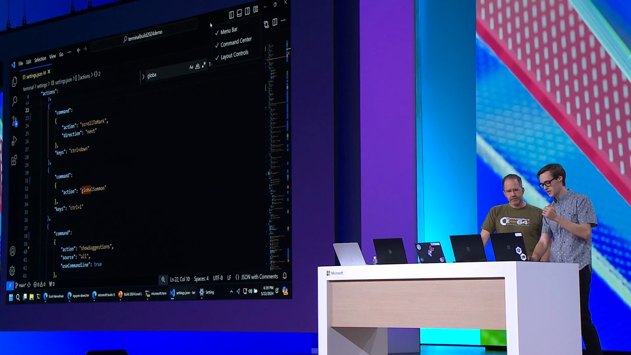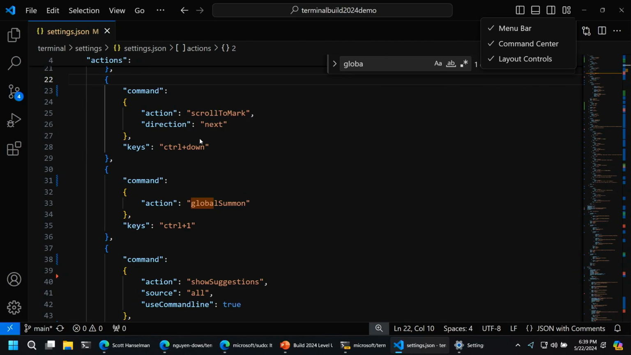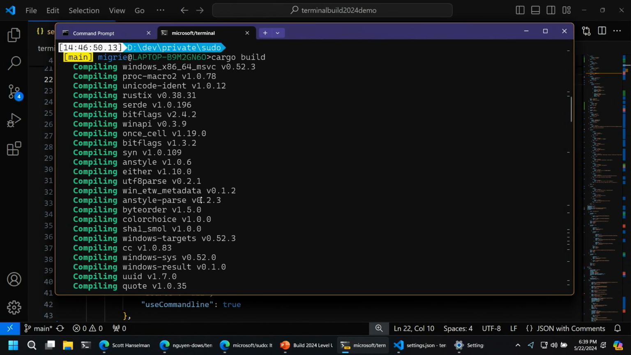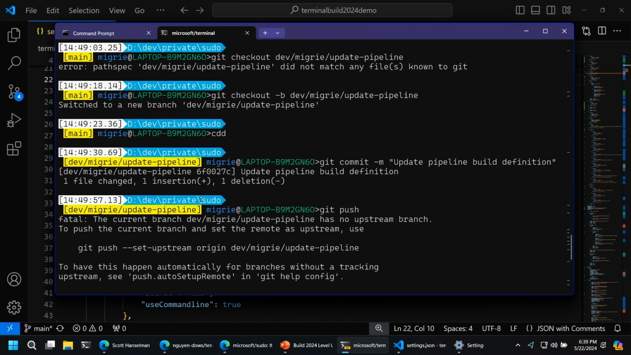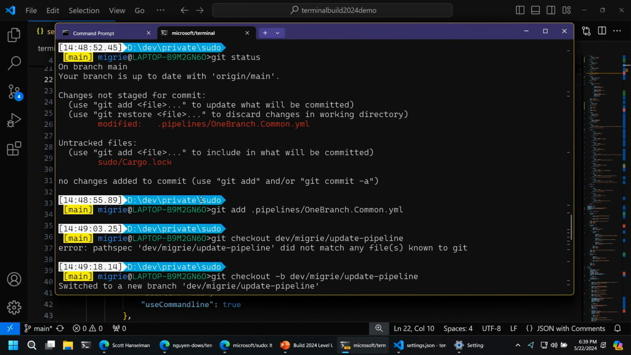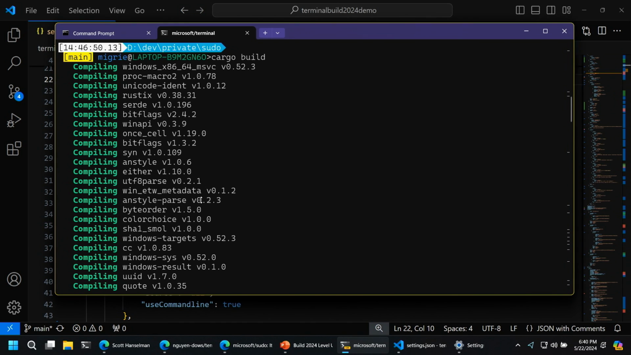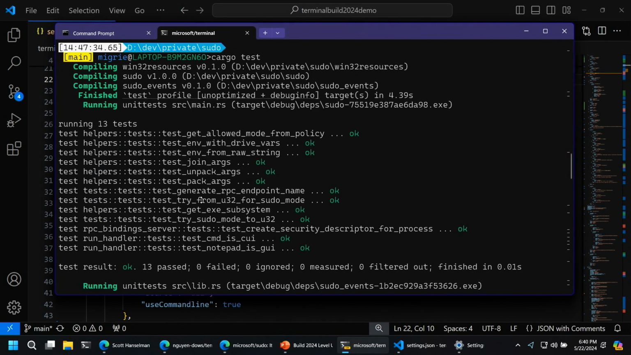If you come into my settings, I have these scroll to mark key bindings, just on control up and down. They're candy. If I come back over here, I can just jump around the command line exactly one command at a time. Scroll to mark. It's just jumping from one prompt to the next. So I can actually navigate: I ran my build here, and then I ran my tests, and then, well,